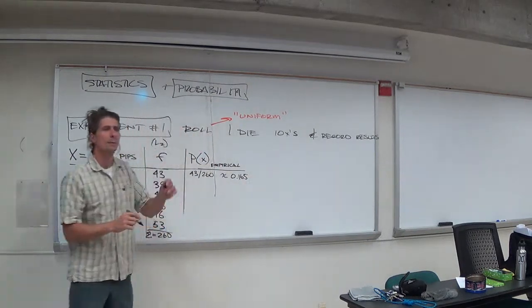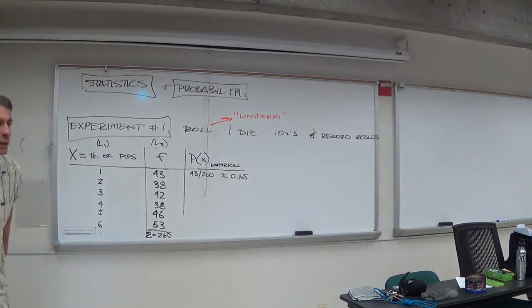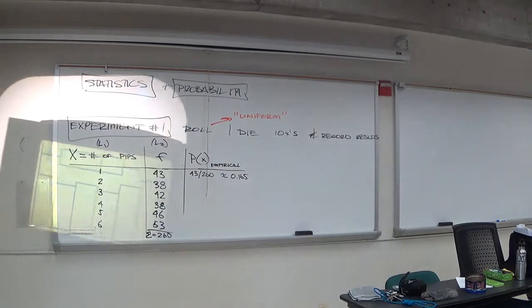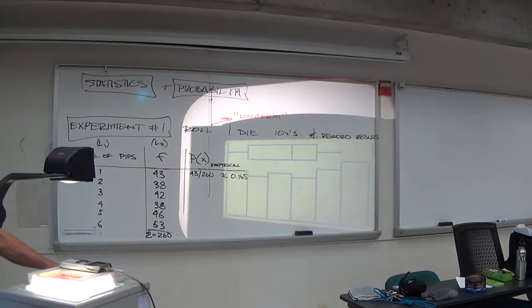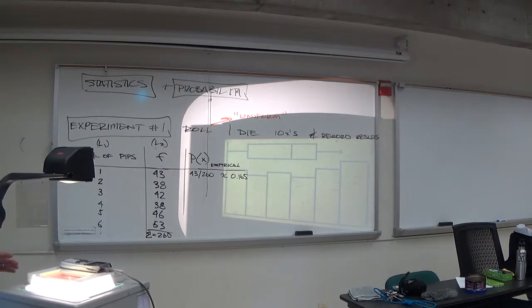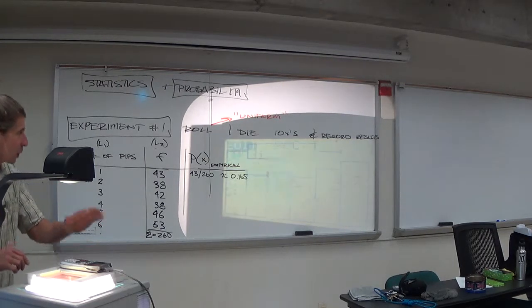Hey, you know what? Let me show you guys a shortcut. Your TI can actually do all this at once like a spreadsheet. If you want to, you can totally do it the way Rachel just did, which I love, by the way. But you can also use your TIs to do this, which is kind of slick. If you go to your stat editor,